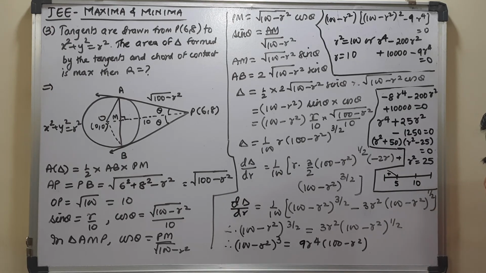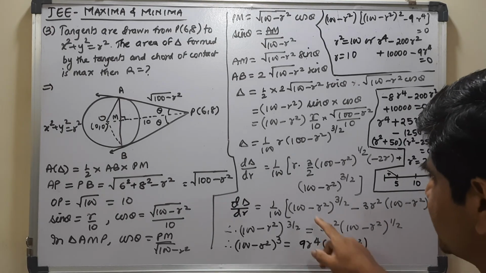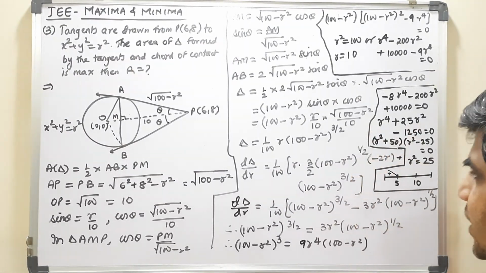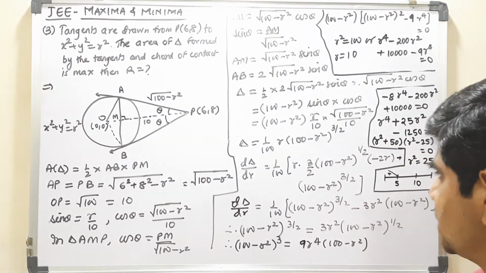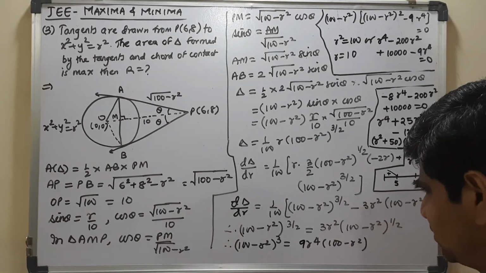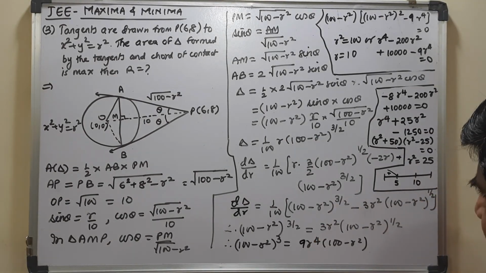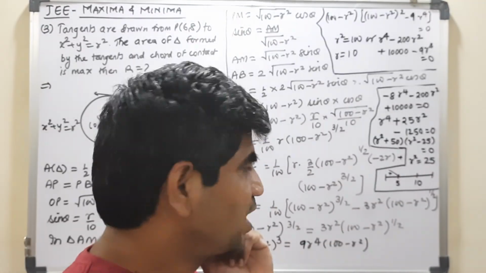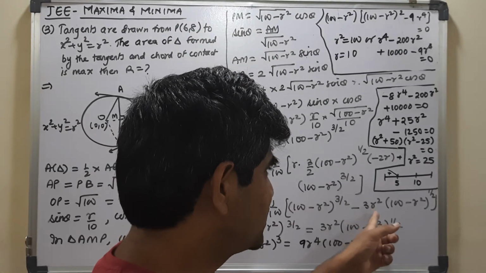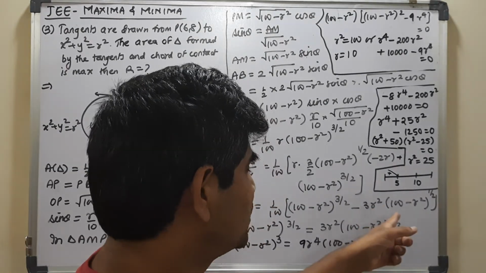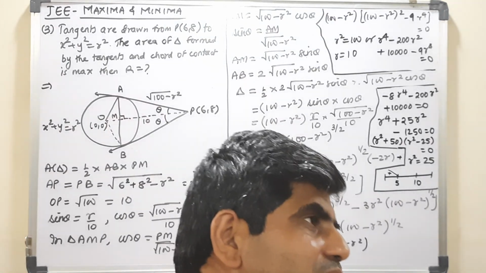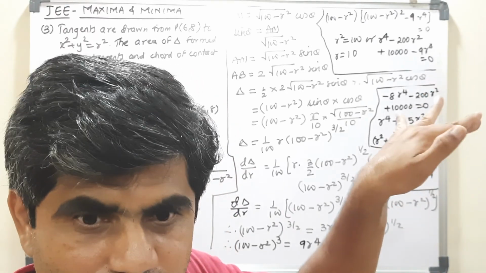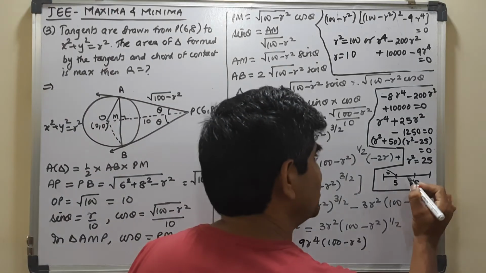And what about the right derivative? If you take 6, it is 100 minus 6 square. 6 square is your 36. 100 minus 36 is your 64. 64 square root is 8. 100 minus 6 square, 36. 8. And here again it is 6 ka square. 36 into 3 is 108. So okay, this value seems to be negative. So the function goes from positive to negative. So obviously it will be maximum over here.